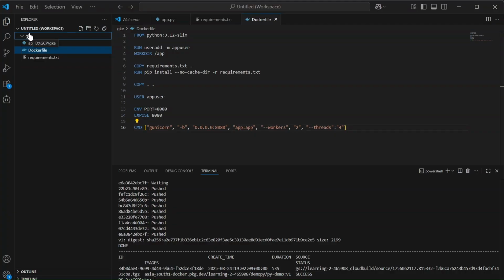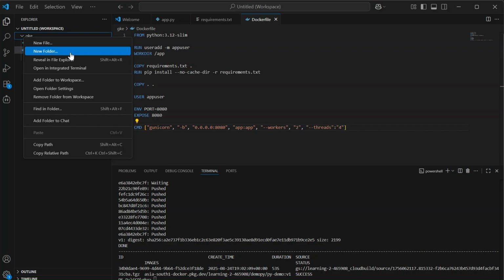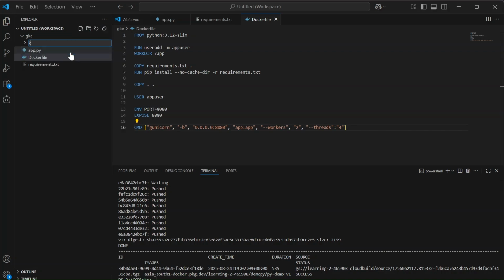So we can do it like this. Let's create a folder and name it K8S. What is K8S? It's just an abbreviation of Kubernetes. Kubernetes starts with K and ends with S, and the eight letters between K and S are counted as 8, so it's K8S. That's the logic behind it. So let's create the K8S